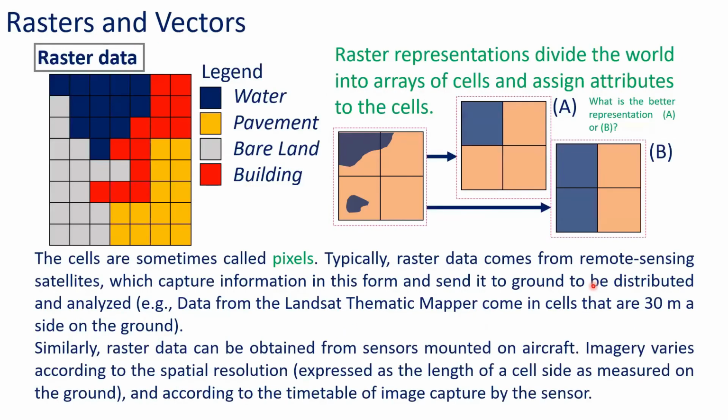Right, let's move on. When it comes to geographic data, we identified two types: one is discrete and one is continuous. In terms of data representation and analysis, we have two types of data called rasters and vectors. In terms of the nature of the data, we described the discrete objects and the continuous fields. In terms of representation and analysis, those two types will be discussed as raster data and vector data. So when it comes to raster data,